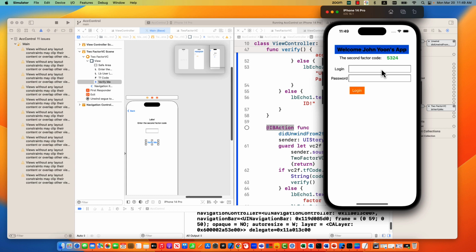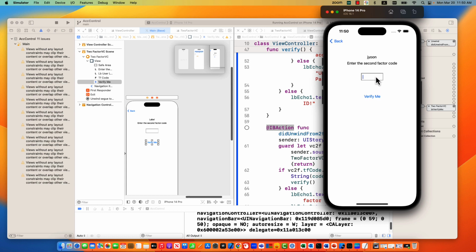5, 3, 2, 4. So Jaeyoon, John, login, 5, 3, 2, 4, and verify me. Of course, if you click this back, then it goes back. But here we need to do 5, 3, 2, 4. We need to do this for the two factor. If I simply go back, then nothing happens, right? If I do this verify me,